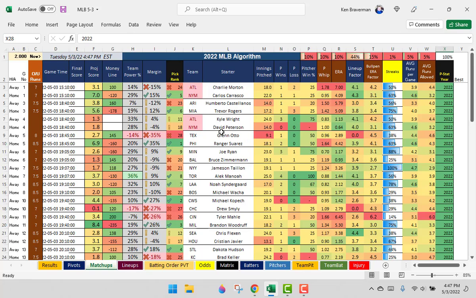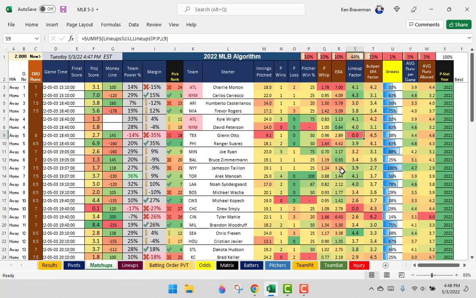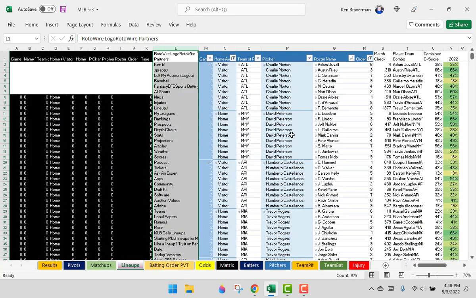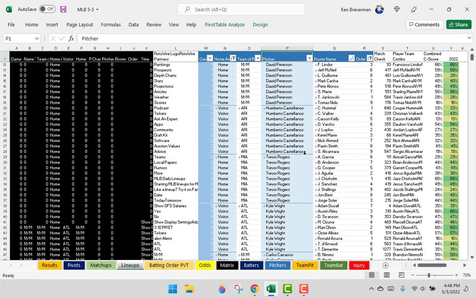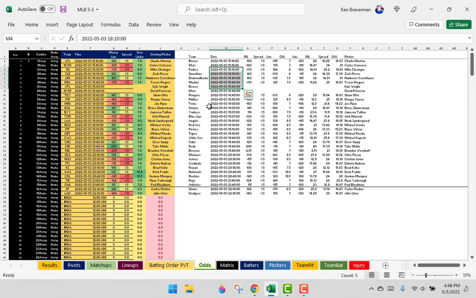And now it's starting to look like something again. And you've removed games that are rained out. However, what do we still have? A new problem here. We have a problem of the lineup factor is 0 for Glenn Otto and for Drew Smiley. And I believe what has happened is pitchers have changed, and the named pitcher has changed. We can check who's pitching for Texas in the lineup sheet here, and we will find out that it is now John Gray. And I was told about this actually as I published the first video, but basically John Gray's name now needs to be copied and needs to be put in the odds sheet next to Texas